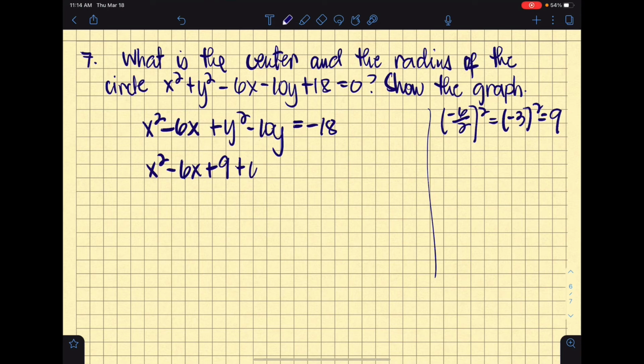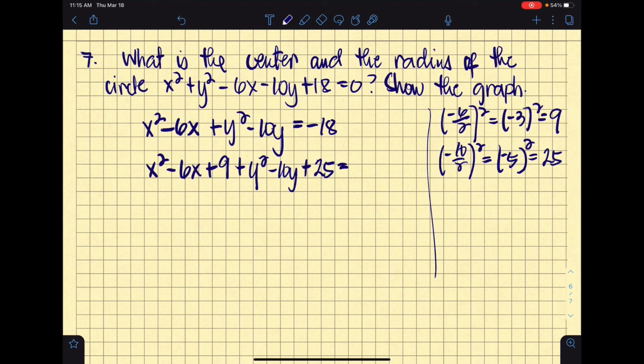Then plus y squared minus 10y. And then to complete the square of the terms in y, the second y term is negative 10. So we get the half of negative 10 divided by 2, then square it. So negative 10 divided by 2 is negative 5, and then negative 5 raised to 2 is positive 25. So we are going to add plus 25 equals, again, because we added two terms on our left side of